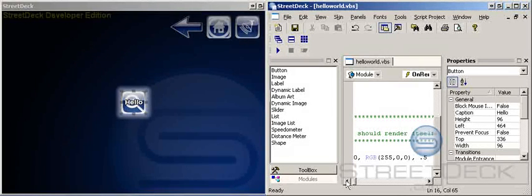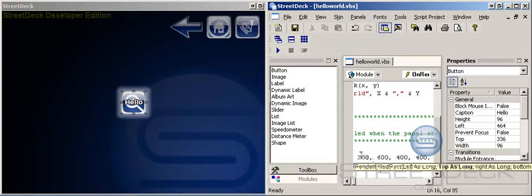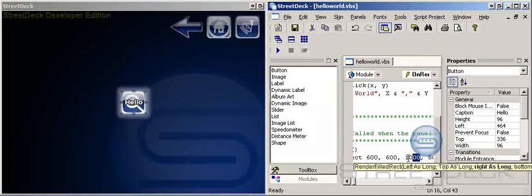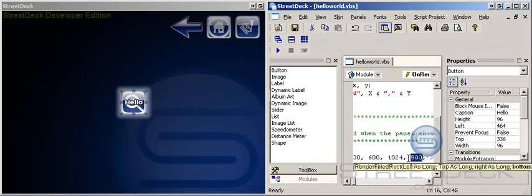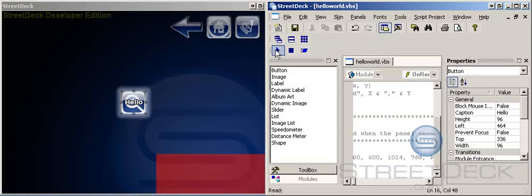Another thing to note when you're rendering something to the screen is it should always be in the onRender event first of all. But also StreetDeck coordinates are all relative to a screen size of 1024 by 768. So if I make that the bottom coordinates, you'll see that the rectangle will be shown at the very bottom right of the StreetDeck application window. Even though our application window size is actually much less than 1024 by 768, StreetDeck will automatically scale to that